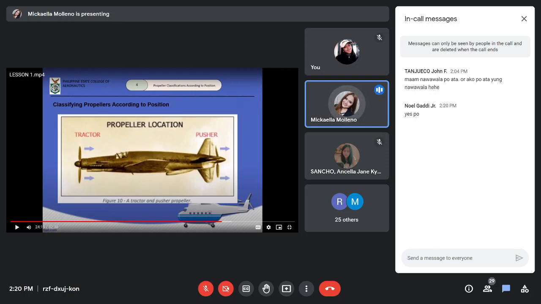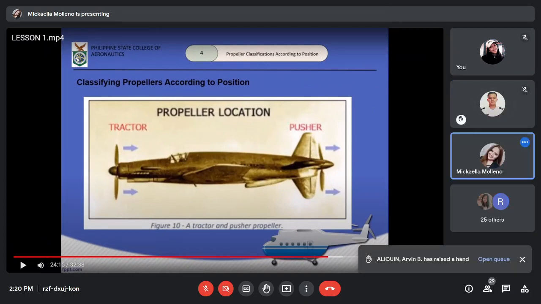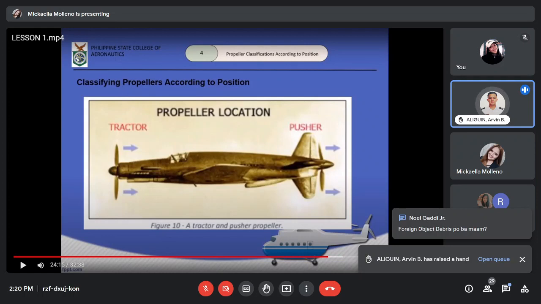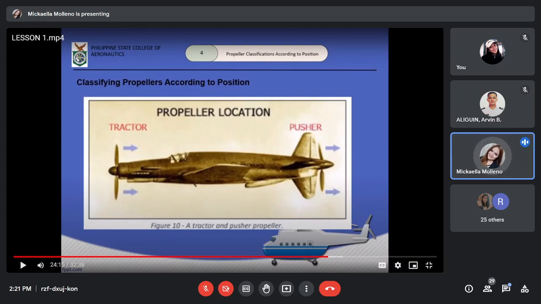Okay. Kasi, kino-confirm ko lang kasi may ibang section na parang hindi pa daw nila alam. Sige nga, anong meaning ng FOD? Kasi meron siyang dalawang meaning, pero pwede siyang gamitin interchangeably. So, anong meaning nyo ng FOD? Okay, ano po, ma'am? Foreign object debris o kaya po foreign object damage. Okay, very good. So, tama, foreign object debris and foreign object damage. You can use it interchangeably.